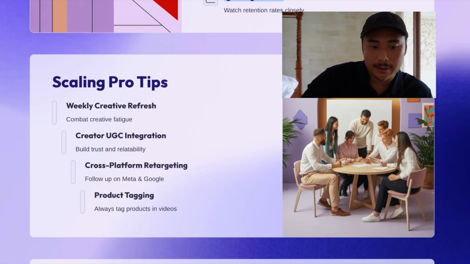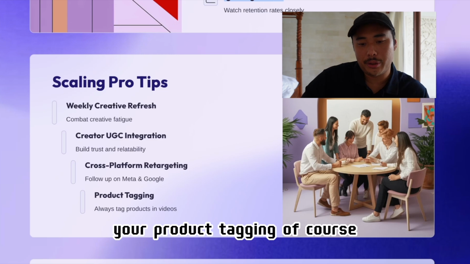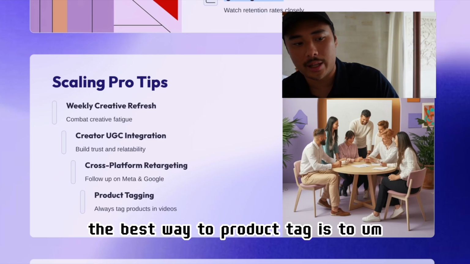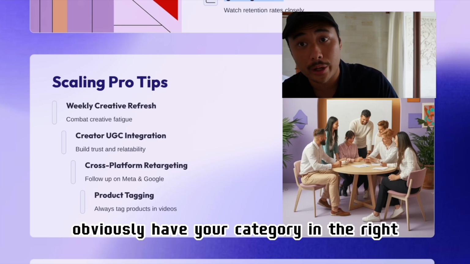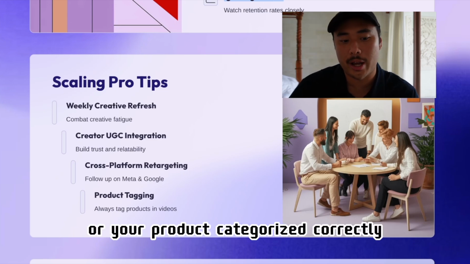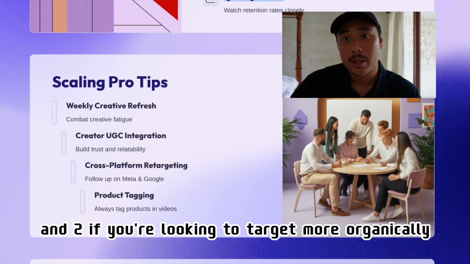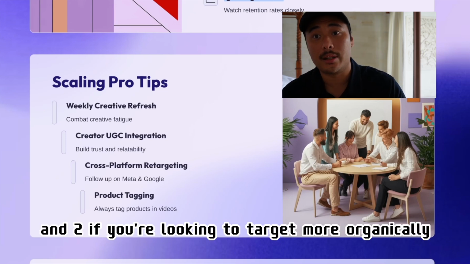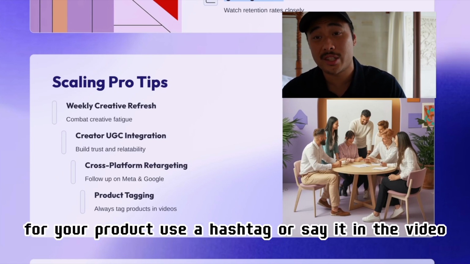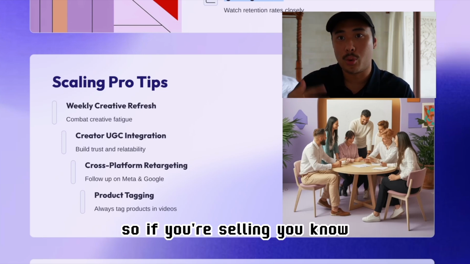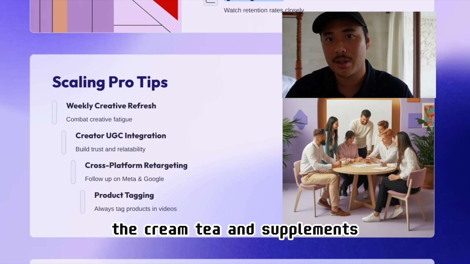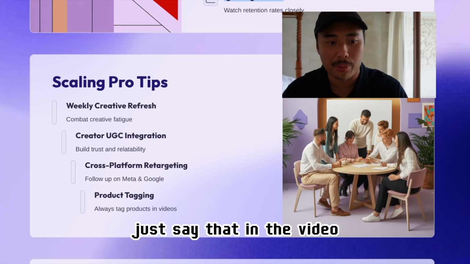Your product tagging, of course, when you're doing videos, the best way to product tag is to one, do it on the shop level. If you have a TikTok shop, obviously have your category in the right, or your product categorized correctly. Then two, if you're looking to target more organically for your product, use a hashtag or say it in the video. So if you're selling supplements, like creatine supplements, just say that in the video